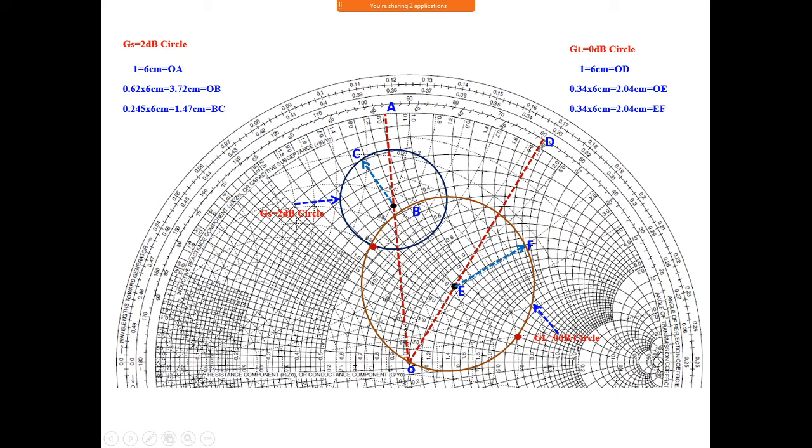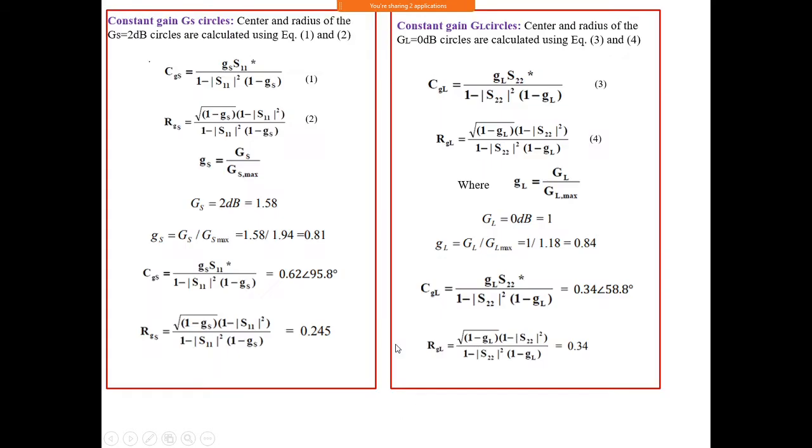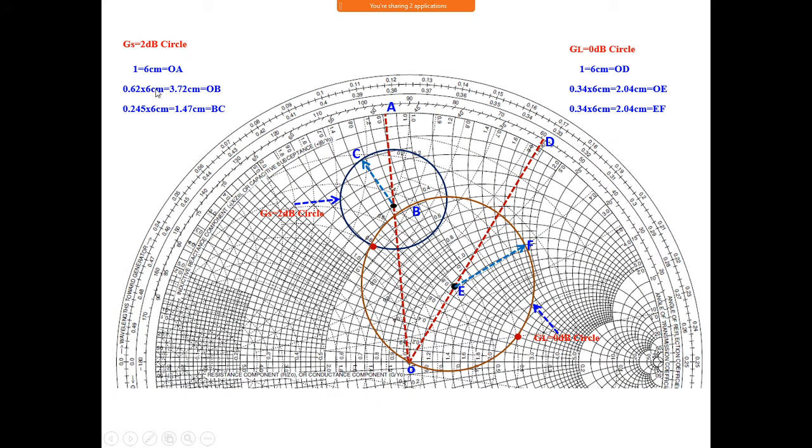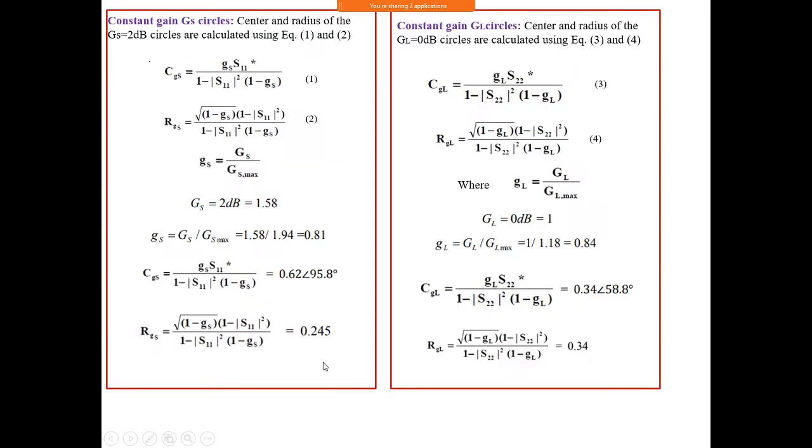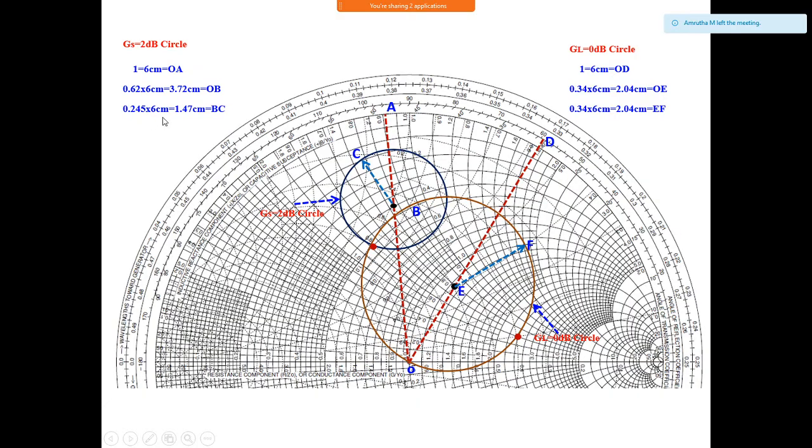Okay, and next over this line you should mark the distance, this 0.62. 0.62 we did like this. Okay, 6 centimeters for one. If it is 0.62, if you multiply, 3.72 centimeter, that you should mark here. Okay, starting from here, this is 3.7 centimeter. So this is the center of the circle. Now you take a radius equal to this, 0.245. If it is 0.245, again multiplied by 6, 1.47. You take 1.47 in the scale and draw the circle like this.